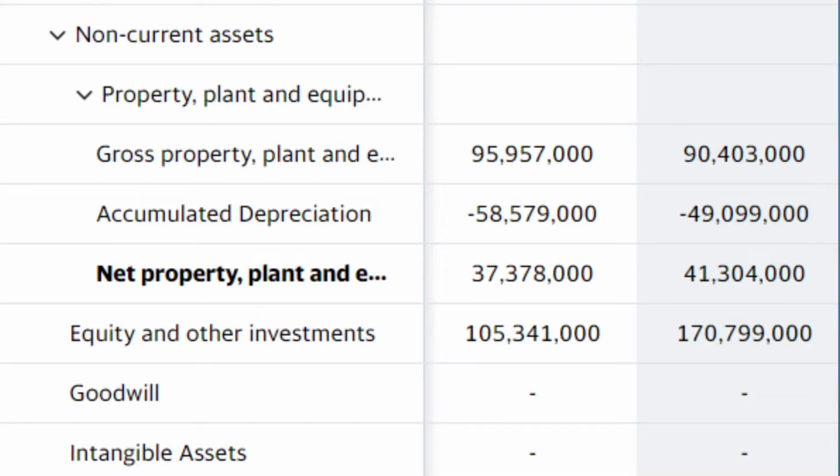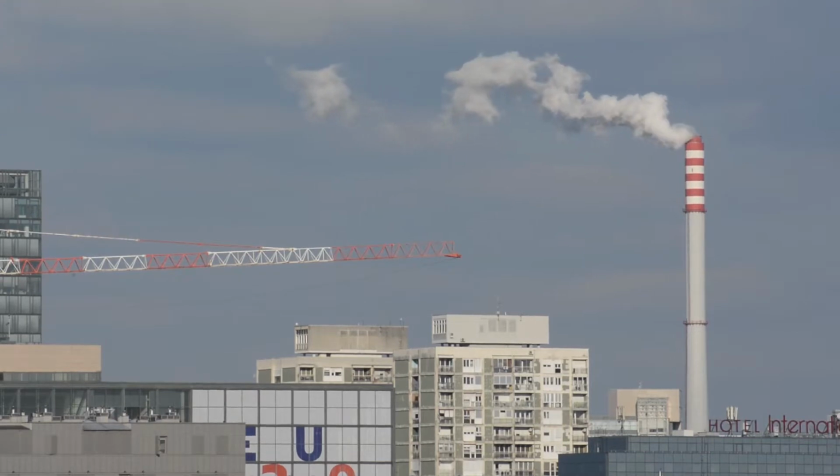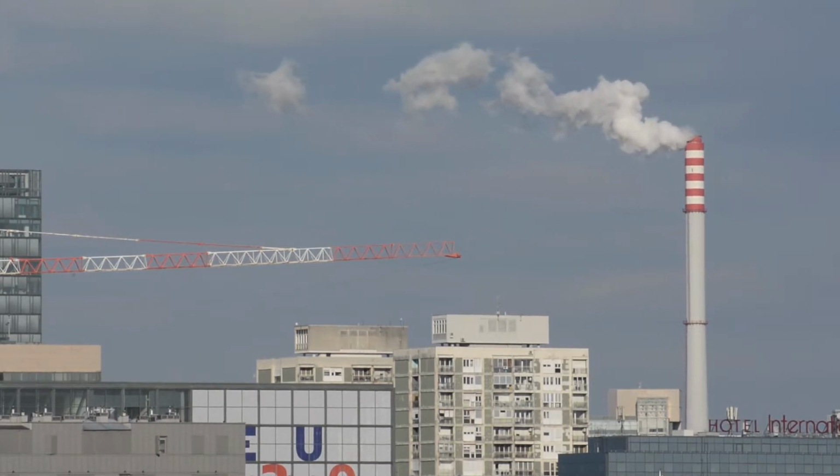The second subheading underneath assets is non-current assets. Unlike current assets, non-current assets are assets that have a life greater than a year. They cannot be converted into cash really quickly. Property, plant, and equipment is any asset that the company has purchased that they're going to use in the long run for more than a year. This can be things like buildings and factories and anything of that nature. It can even be computers and office furniture. It doesn't have to be expensive, it just has to be used for more than 1 year. We can see that Apple has $95 billion in property, plant, and equipment, so they have a lot of long-term